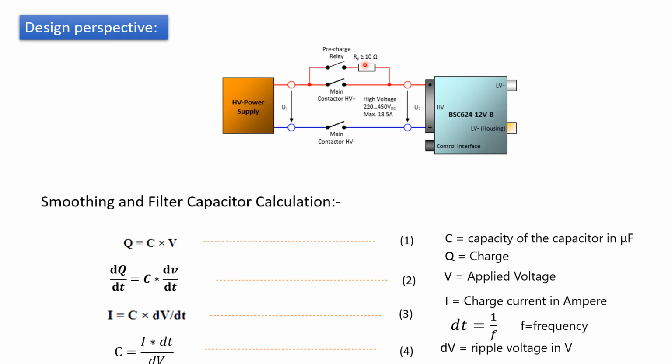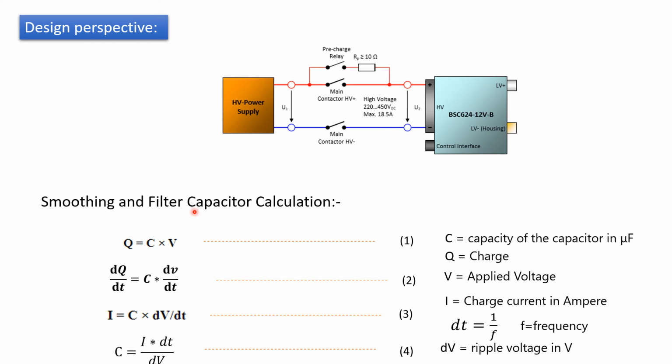You can keep some delay by your controller or by any other means such as a timer circuit, and then switch off the pre-charge relay after charging and switch on the main contactor. At that time you will not feel any surge or drastic change. If you go into much detail, you will see a small spike, but it's acceptable and doesn't draw a huge amount of current, because there is only a difference of 10 to 20 volts, which creates a small surge when the main contactor switches on.